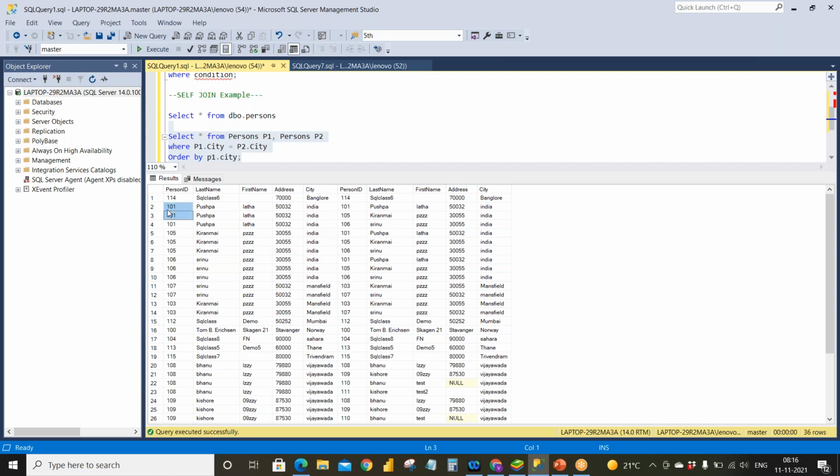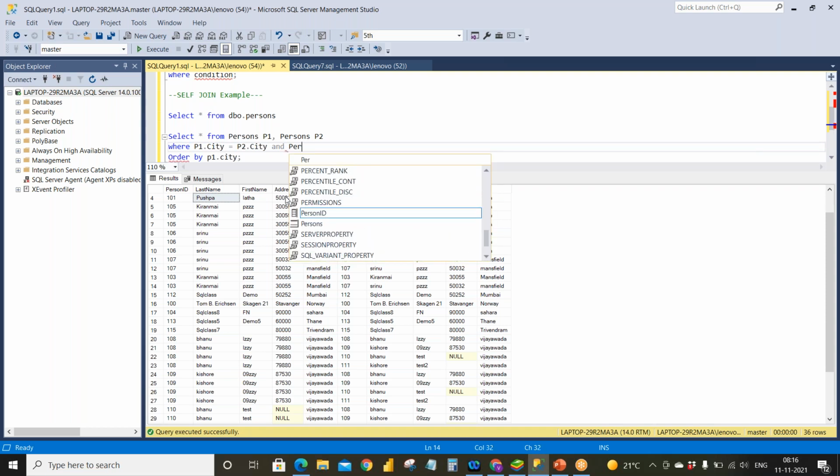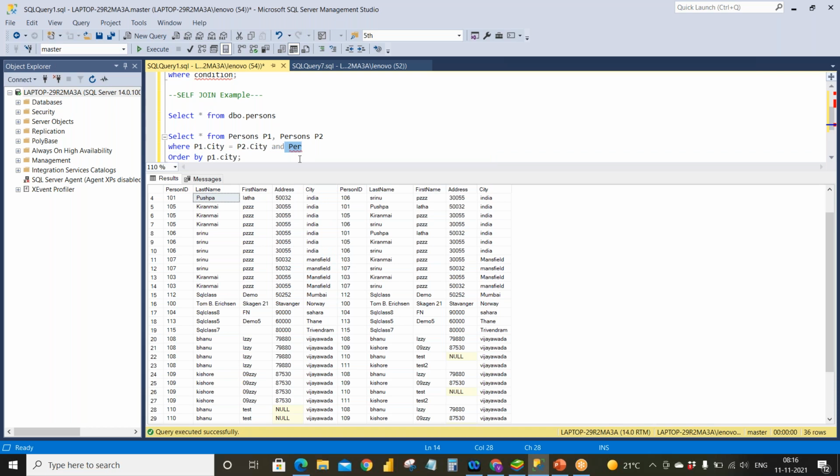So for this particular customer ID or person ID, how many do we have? I will take only this data. Just a minute. We didn't give the main condition.